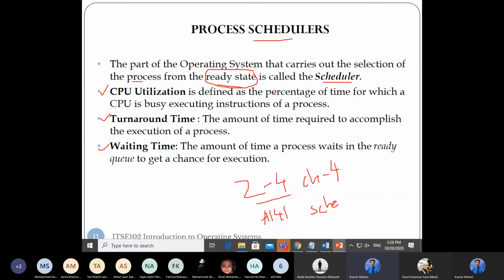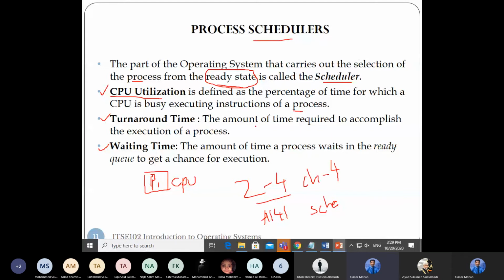CPU utilization is defined as the percentage of time for which a CPU is busy executing instructions of a process. For example, if P1 is in the CPU, how much time does it spend inside the CPU? That is called CPU utilization.